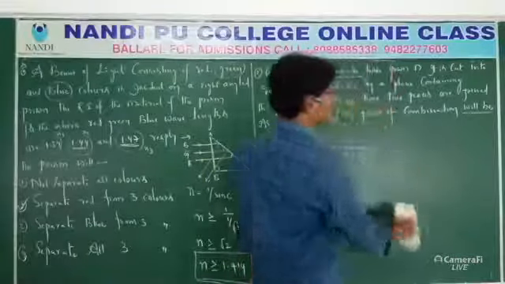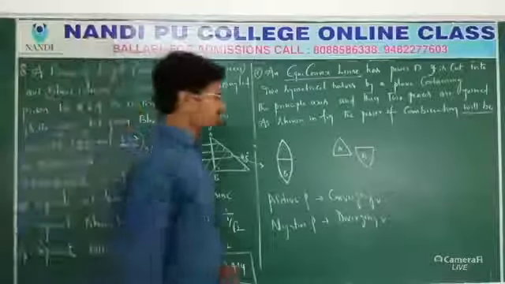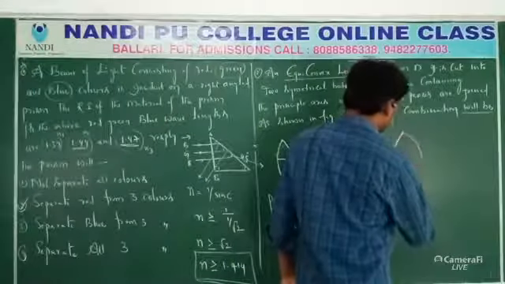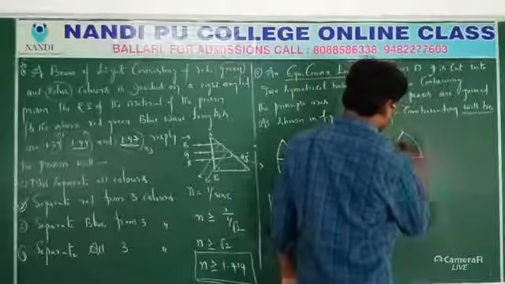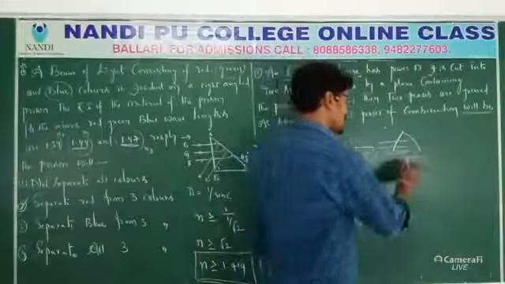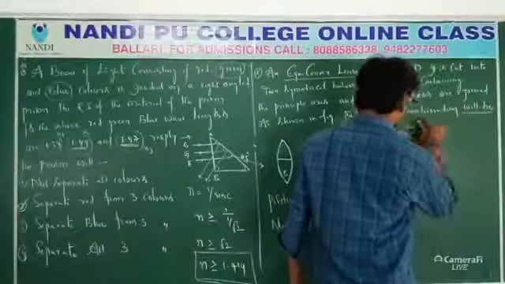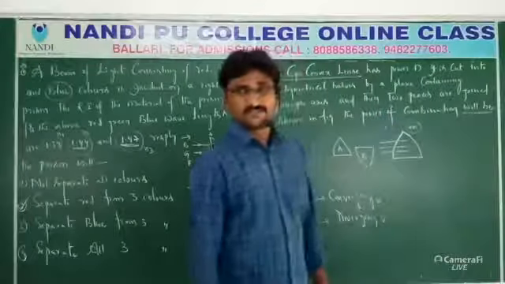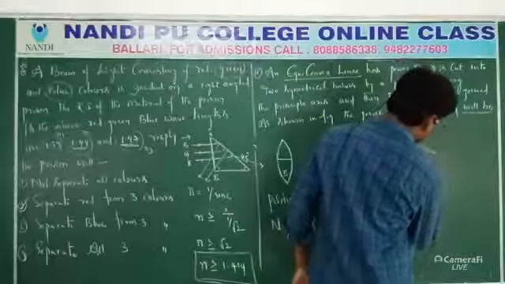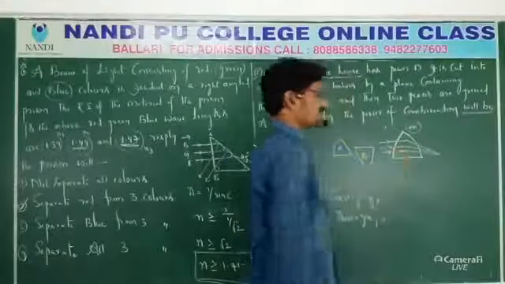Then what is the effective power, the power of the combination? See, this is the first piece. Once the light is falling like this, the upper part is positive. Positive means it will give a converging beam. Once the light falls on this part, it will come out converging like this.